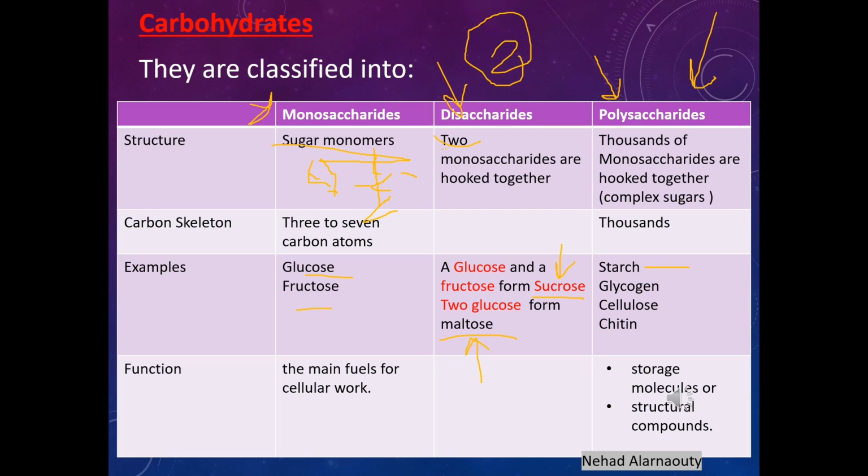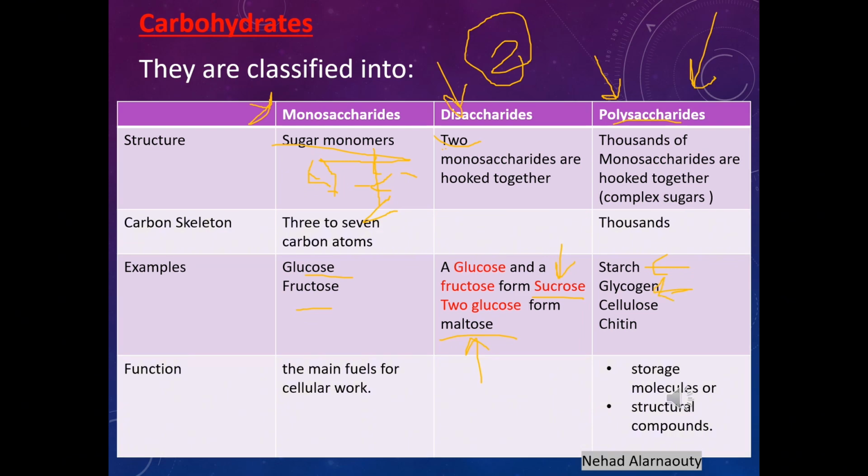The last one is polysaccharide. We said poly means many, so many monosaccharides are hooked together, and it can be hundreds or thousands of monosaccharides. I'll give you some examples. Starch. The starch you can find in the plant cell, and it's actually thousands of glucose connected together. The same is